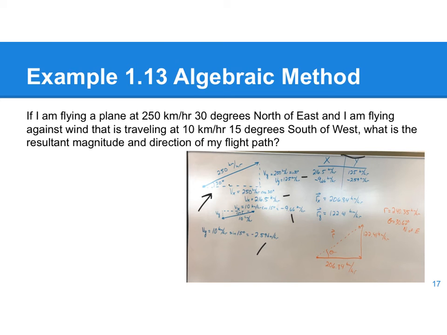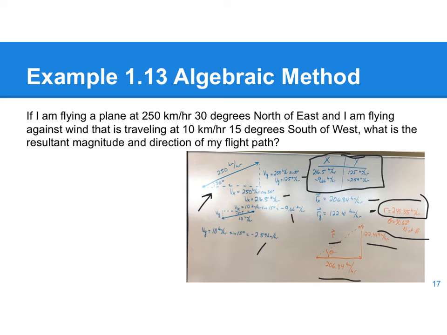So here I have a table where I add them together. I have my two x velocities, I have my two y velocities, and I add them together. My x resultant is the sum of my x's, my y resultant is the sum of my y's. Then I can make a resultant x and a resultant y, and use the Pythagorean theorem to solve for my resultant velocity, which in this case ends up being about 240.35 kilometers an hour. And I can use my tangent to again solve for my resultant direction, which in this case is 30.62 degrees